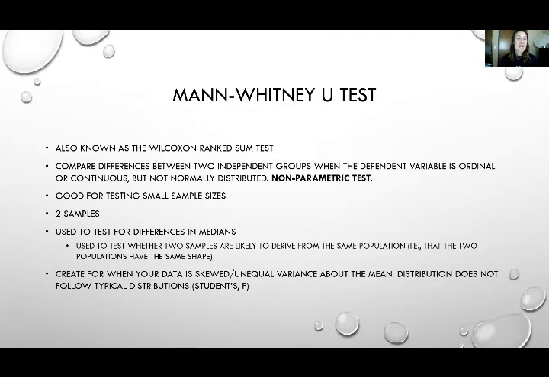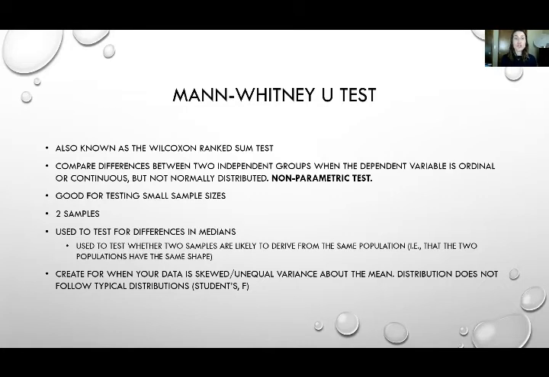But the data is not normally distributed. And that's why mainly you would utilize this test. It's a non-parametric test, meaning that the data is not normally distributed, and it doesn't need to be normally distributed for this test. It's a good test for small sample sizes. That's not the circumstance for this particular research question that I was asking, but it is good for small sample